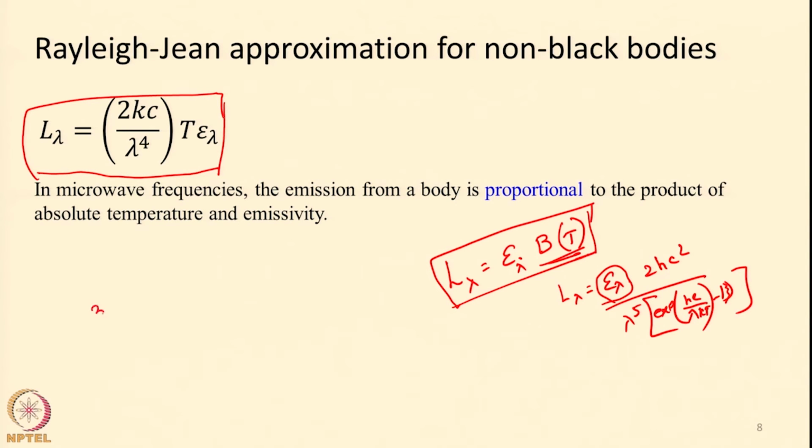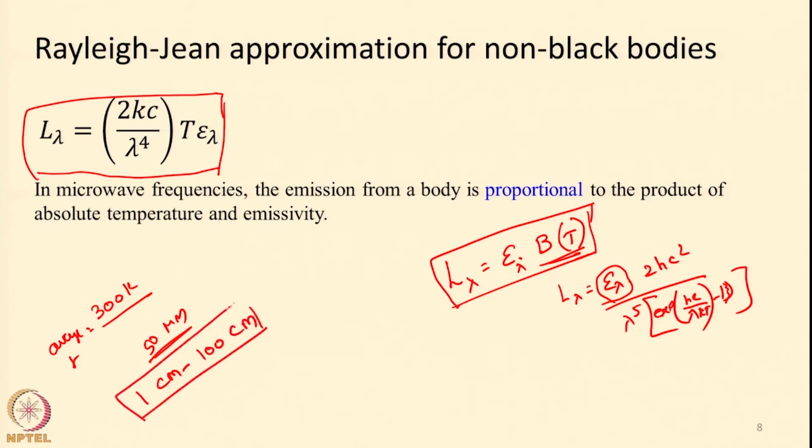object is at 300 Kelvin, with average temperature of 300 Kelvin, Rayleigh-Jean approximation will hold good roughly when the wavelength once crosses 50 micrometers. Even for this sort of micrometer wavelength, Rayleigh-Jean approximation will hold good, but in microwave terms we are talking in terms of wavelength in the order of centimeters, say 1 centimeter to 100 centimeters. So, normally at this very long wavelength Rayleigh-Jean approximation holds good, and hence we can write radiation or the radiance using the Rayleigh-Jean approximation. So, 2kc by lambda power 4, I am just taking the T and spectral emissivity